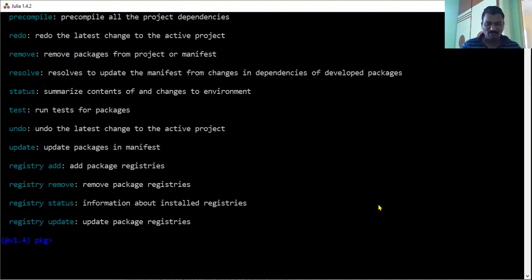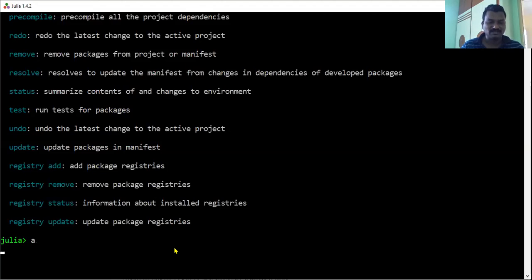If you want to come out of this package environment, press backspace. You directly come back to the Julia prompt, and then to the help related information. For example, if I want to know about some methods and functions, press tab two times.